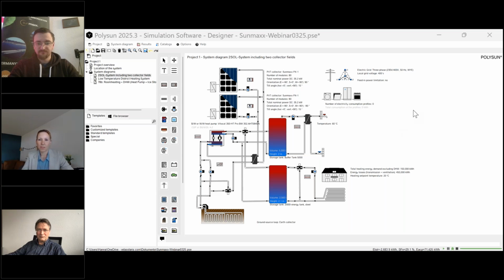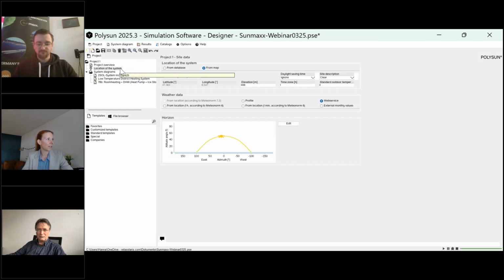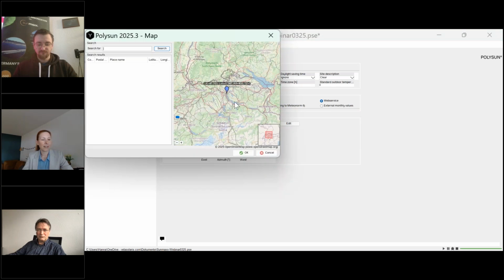And the most important thing you need to do, especially when planning PVT systems, is to set the right location for your system. And you can do that very easily. Here you can see that today I chose Zurich as our location because it's very close to where Villa Solaris is located, but it can be any location around the world.